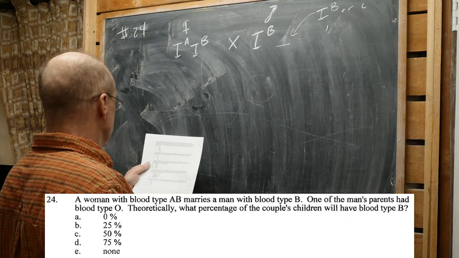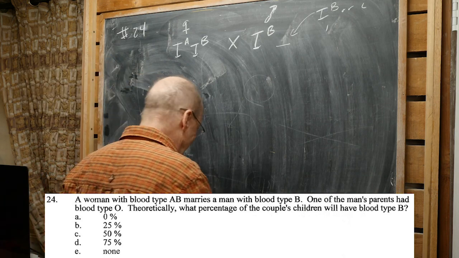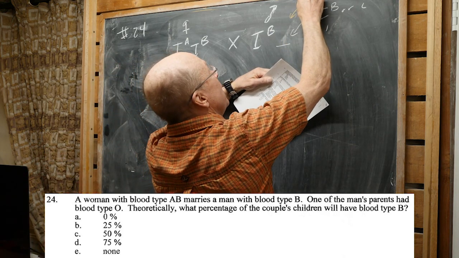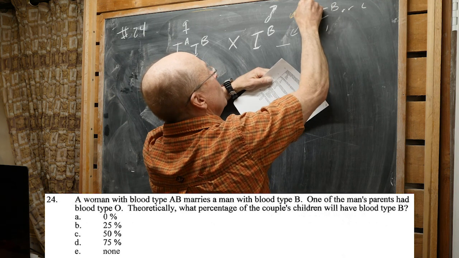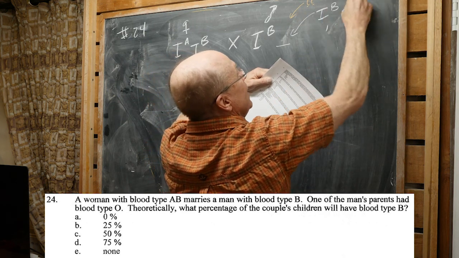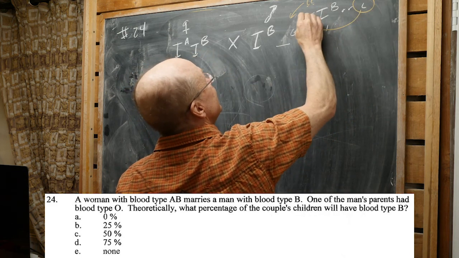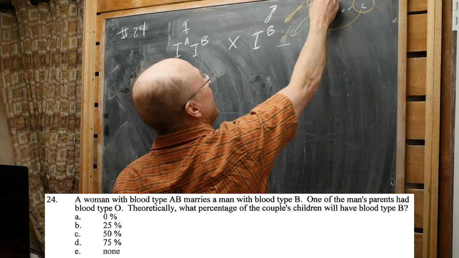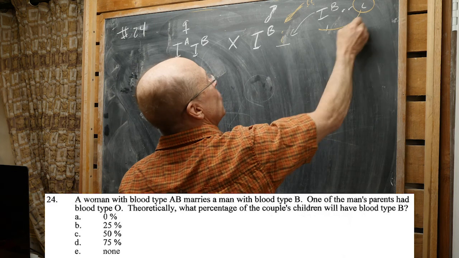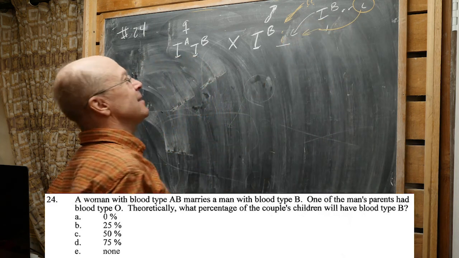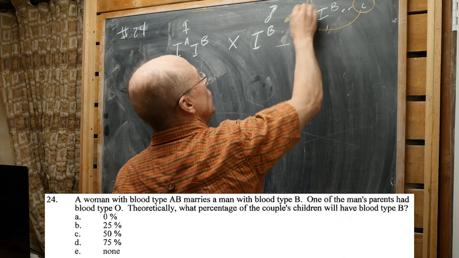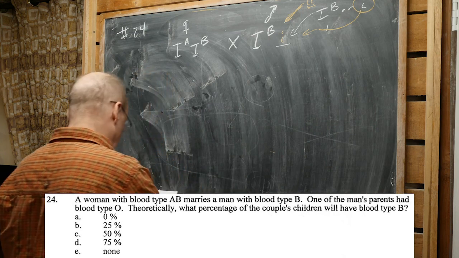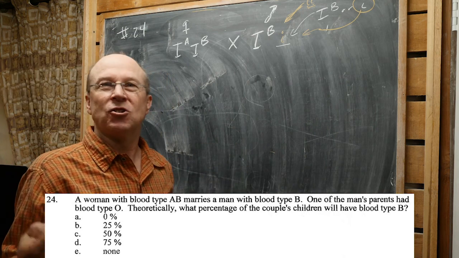So that's what we've got. And then one of the man's parents had blood type O. Oh my God, that's all I need. So one parent was little i, therefore we know this is the case. So this is little i. One of this guy's parents had this genotype, and that's how we figure out that this is little i, because that parent could have only given the husband a little i. Now we have the whole thing set up, but they want a percentage for the question, so we have to do